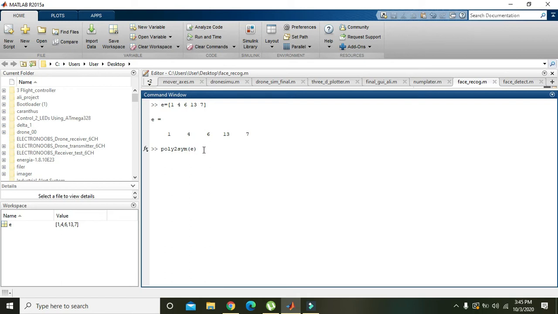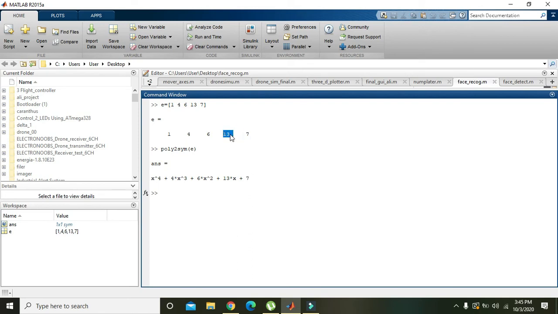It will convert the coefficients of the polynomial into its symbolic form. Yes, now you can see that the first integer is 7, because it starts from x raised to the power 0. So when x raised to the power 0 is 1, 7 is as it is,